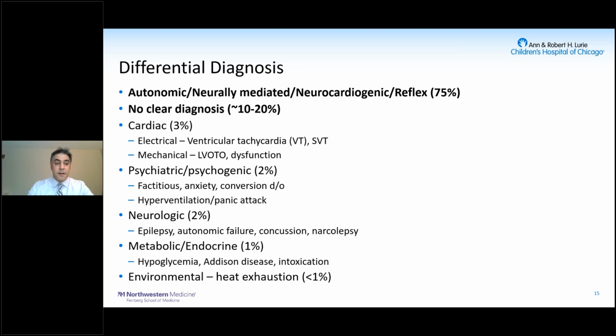Now, outside of cardiac, neurologic causes, specifically seizure, are something we don't want to miss. Again, you'll have some consistent findings with the neuro exam or history. And then there are more rare entities such as metabolic and environmental causes. I know a lot of times hypoglycemia is listed. True hypoglycemia is, I would say, very uncommon in someone who does not have diabetes. Many times, poor diet and hydration will lead to these symptoms, which are more neurocardiogenic. But again, true hypoglycemia is pretty rare.